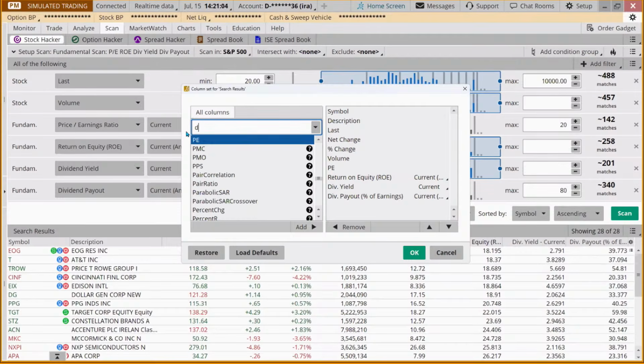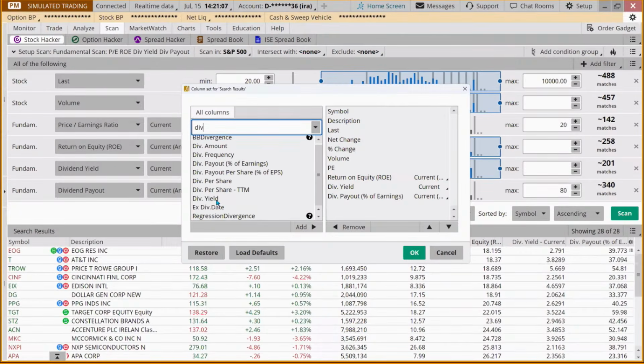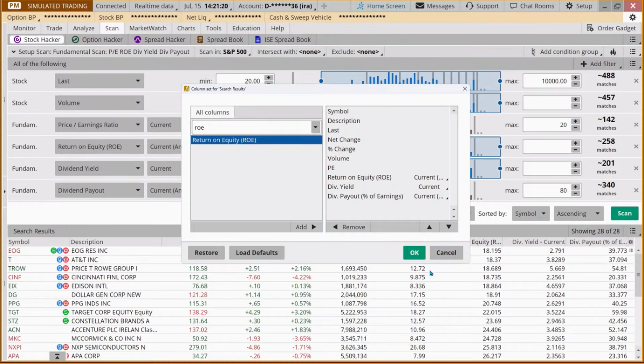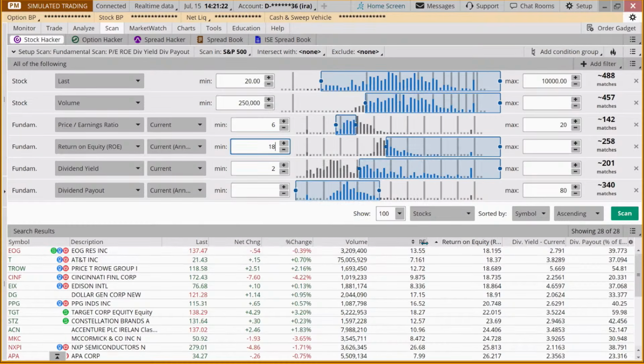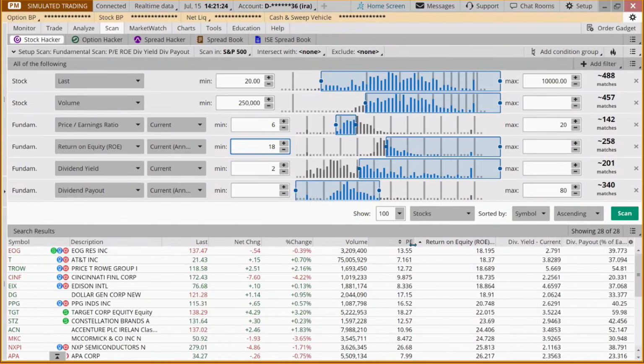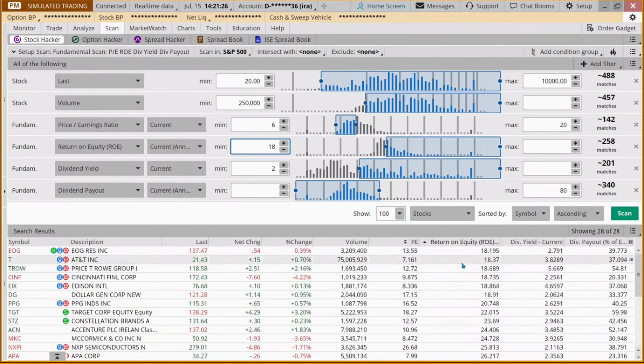If you're looking for dividend yield, you can type in div and you'll get dividend yield. You can get dividend payout, both of which I have there. And then we have return on equity. You click on those and then add them. Then I moved these columns around a little bit so you can resize them and get a better view.